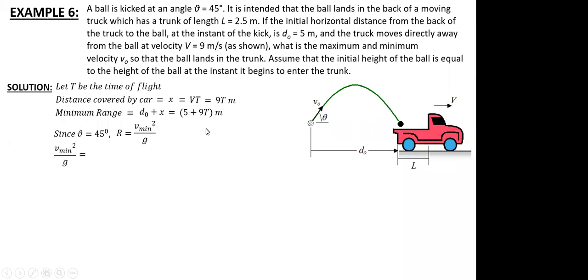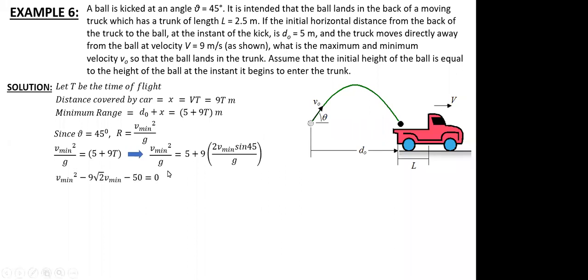So directly I will equate both the values. Once I equate both the values, I will substitute the value of time of flight. Now the time of flight value I also know. The time of flight formula is 2u sine theta by g. U I just assume as V minimum, first case, sine 45 by g. Now if I simplify this, g I can take the LCM, or else the g value you can substitute as 10. So if I substitute the g value as 10 and I take the LCM, I can get a quadratic equation, a relation in this form.